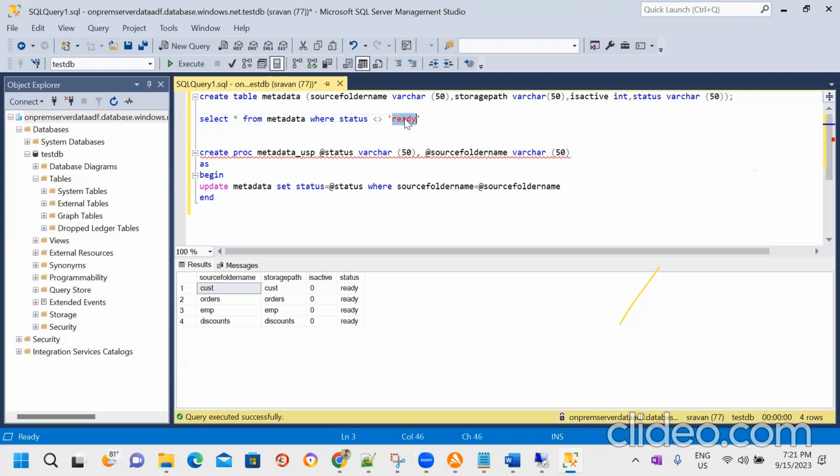If I run this query, what happened? Execute, right? It does not display anything because here we are specifying not equal. Hope you guys understand. Equal and not equal. Equal means the condition we are meeting. Not equal means we are not meeting it. Here I am giving the status not equal to